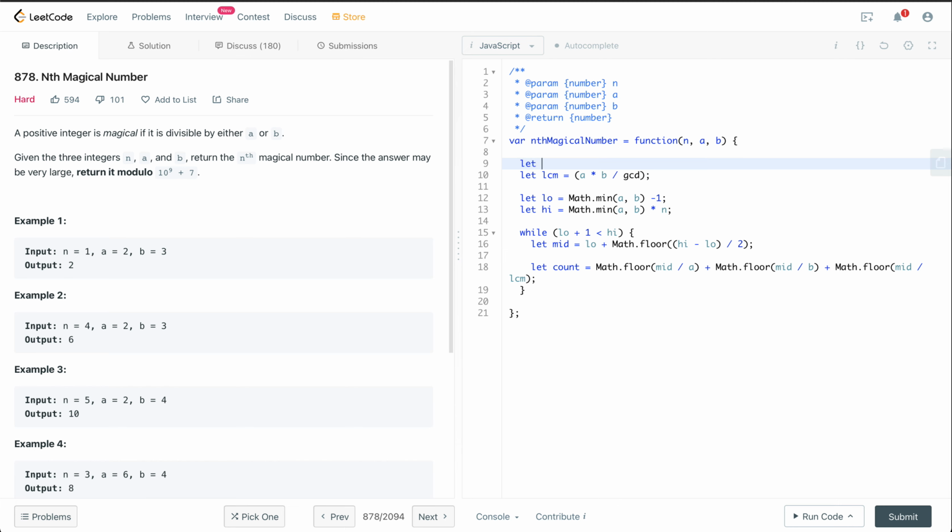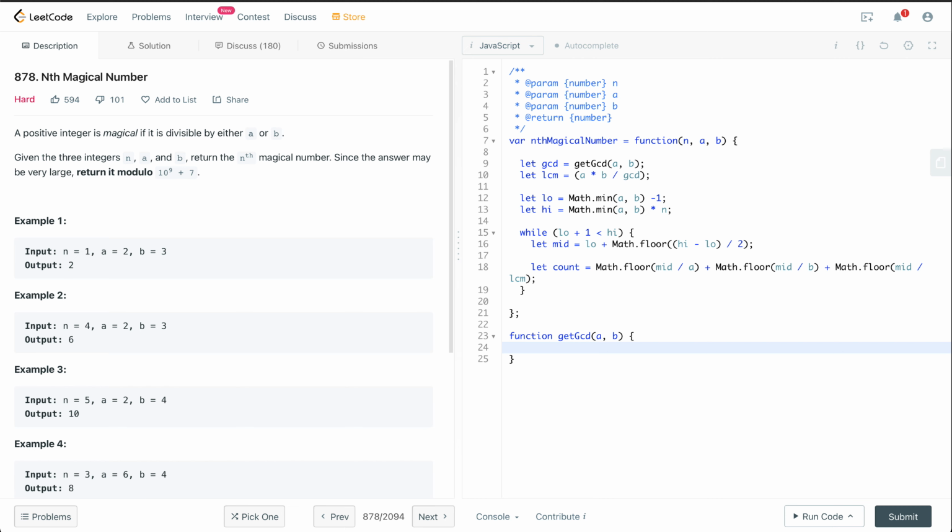So what is GCD? GCD we can calculate using another function that we are going to define just now. There is Euclid's algorithm that gives us GCD. We are going to define a function called getGCD with A and B, two values.